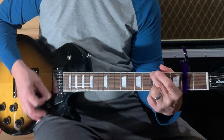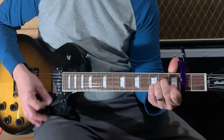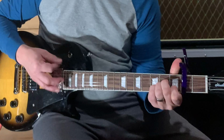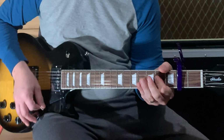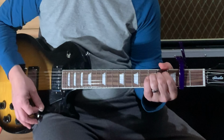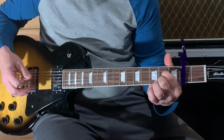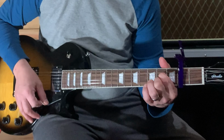Here's how the end of the song goes. So the A7's just 2nd fret on the 4th string, open on the 3rd and 2nd fret on the B string, and you're strumming the bottom 5. So let's hit that one more time. So that G,